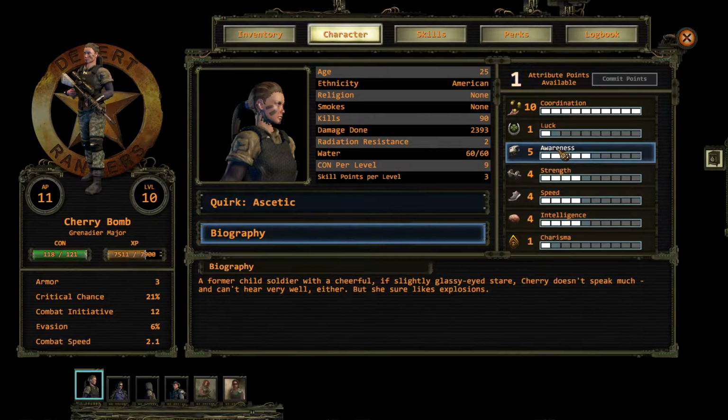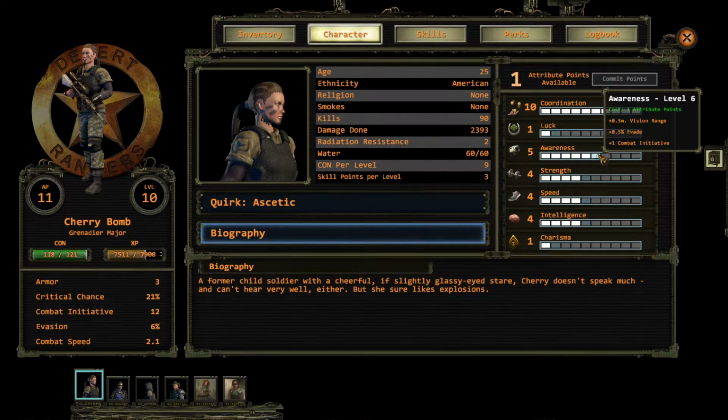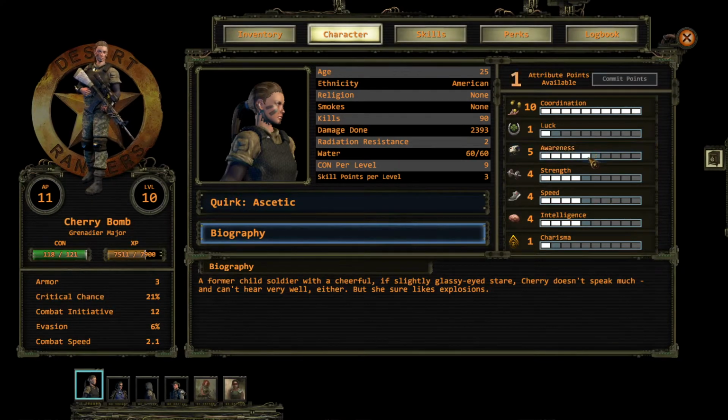So the one that can vary and slowly develop is awareness, where aside from giving some vision range and a little bit of evasion, the most important part is that it gives +1 combat initiative. As the game progresses, your enemies' level will go up, so the combat initiative will go up as well. If you have a fixed combat initiative and you don't put any more points into awareness once you set out